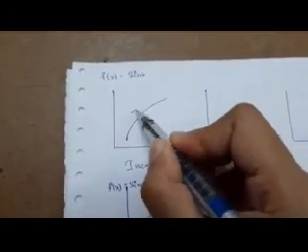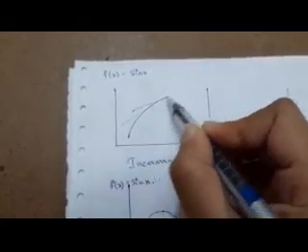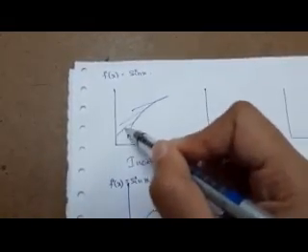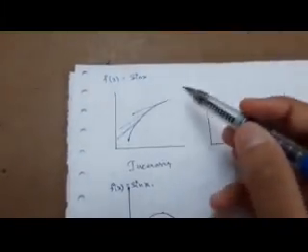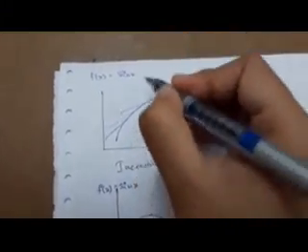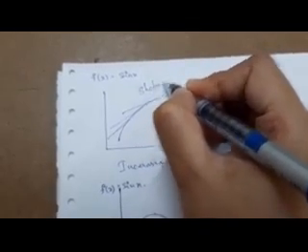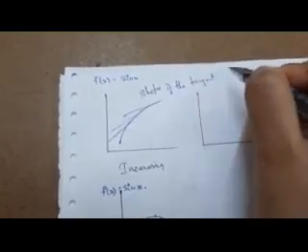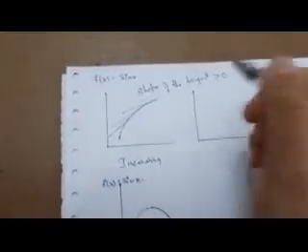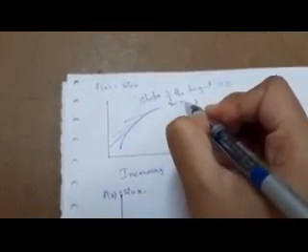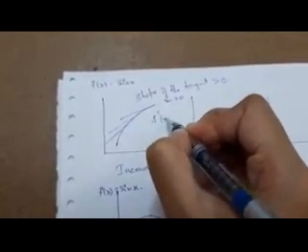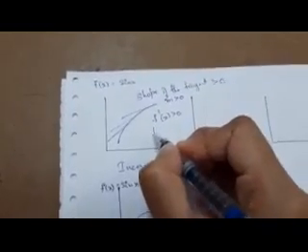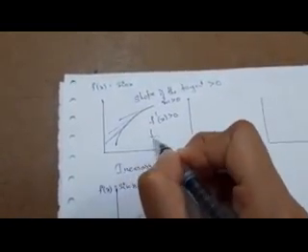When I am considering the increasing function, if I draw the tangent at any point of this increasing function, what is the slope of the tangent? The slope of that tangent is always greater than 0. Slope of the tangent greater than 0 means what does that imply? f dash of x is greater than 0. What is this f dash of x? f dash of x is nothing but the slope of a tangent of a given curve at any point.